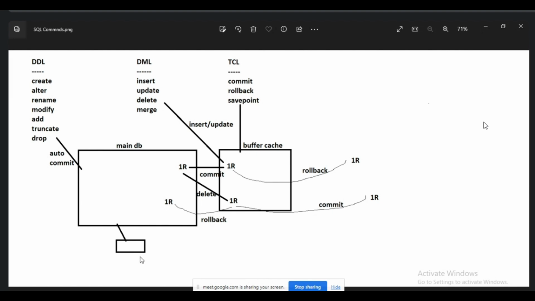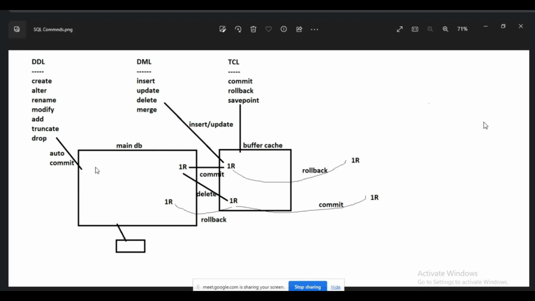We connect with our user ID and password. Suppose I am using SQL*Plus with my user ID and password, we can connect the database. In a local database, there is no need for port number or host name. But in a real-time scenario, the database is on database servers, so we have to mention the host name, port number, server name, all those details. Here I am using my username and password to connect the database.